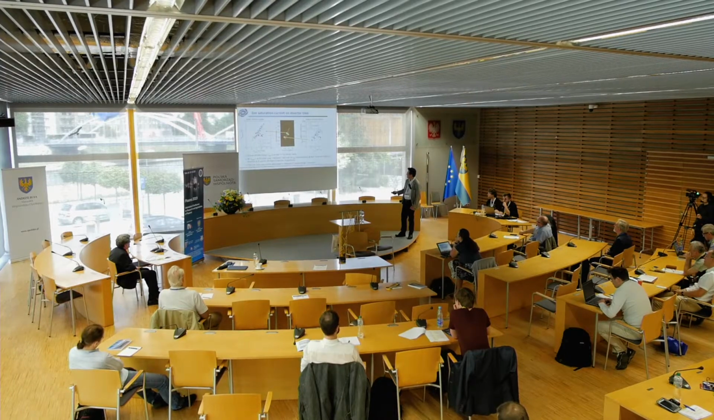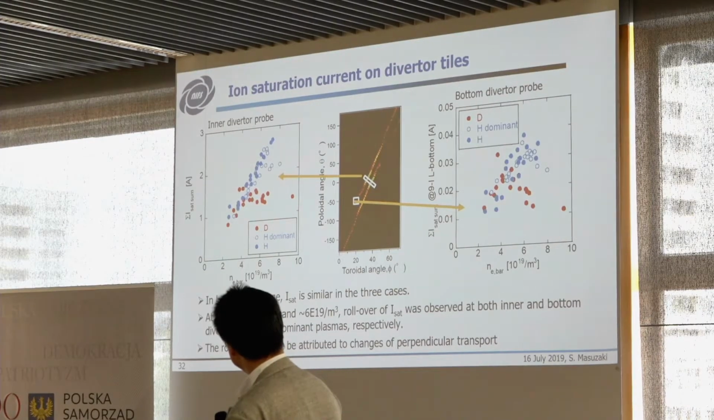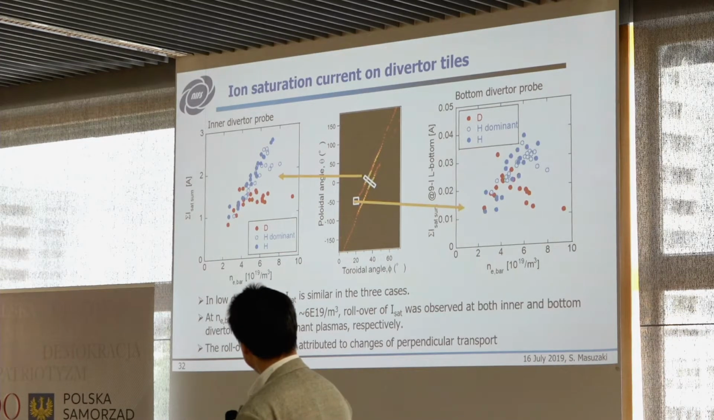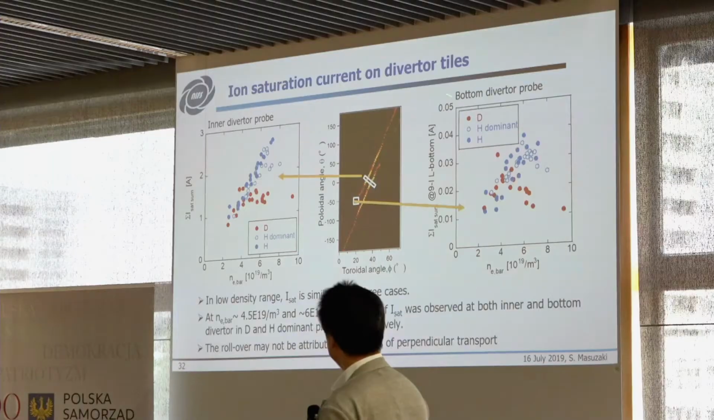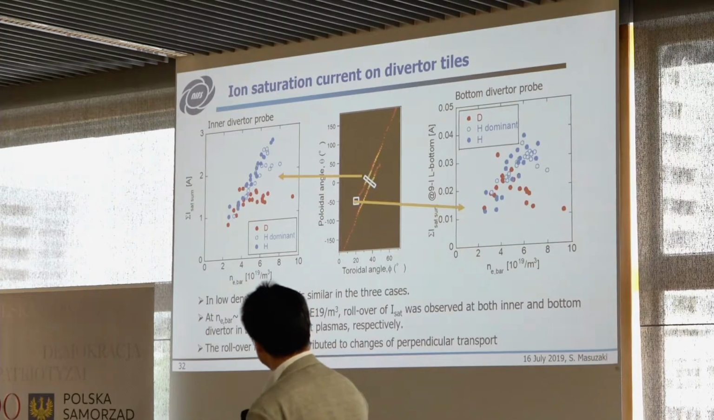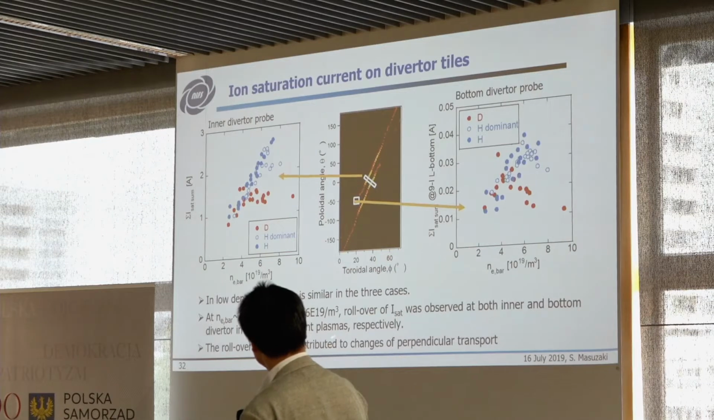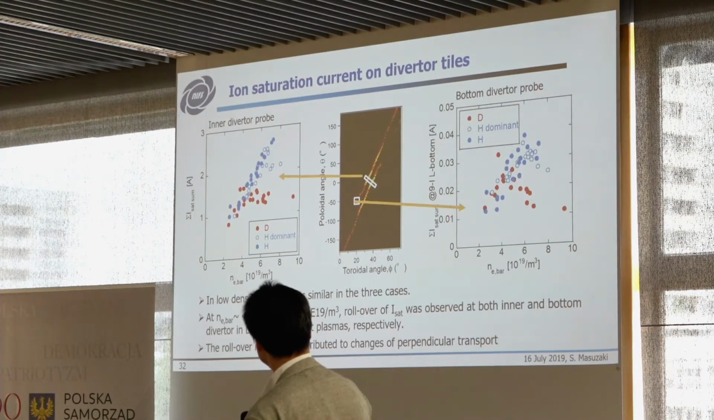You can see in the low density area the ion saturation current is almost the same for both, but at higher density in the deuterium case rollover occurred, while hydrogen is still increasing. And in the mixture plasma case, at a little bit higher density, the rollover starts to occur. A different point also shows similar properties. So the rollover may not be attributed to changes of perpendicular transport, I think, because if the perpendicular transport changed,